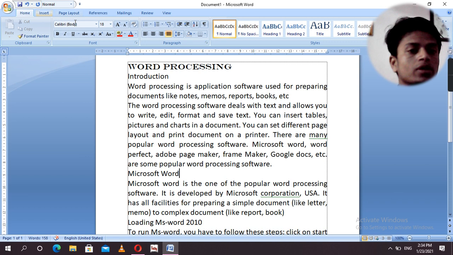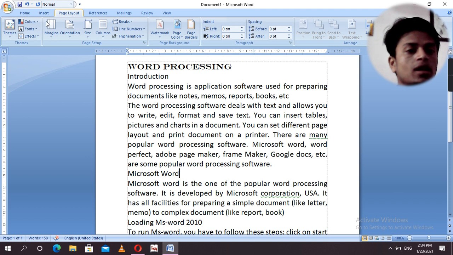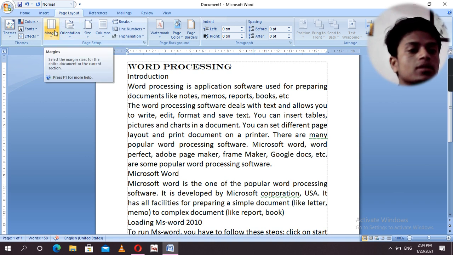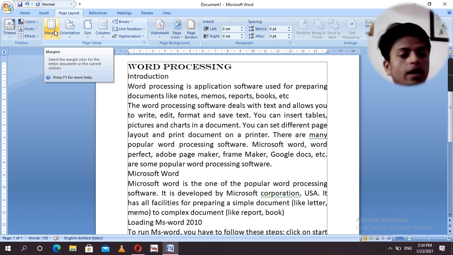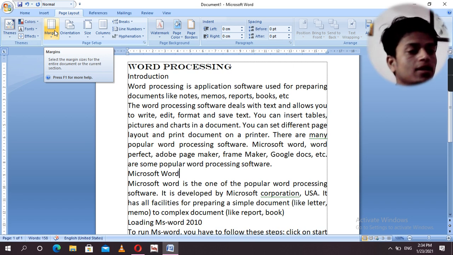For page setup we have to go to the Page Layout tab. Press on it. In the Page Layout tab, a lot of options are given about the page. First is margin. Margin means the border on the right side and left side, how much area you leave in your document or paper.